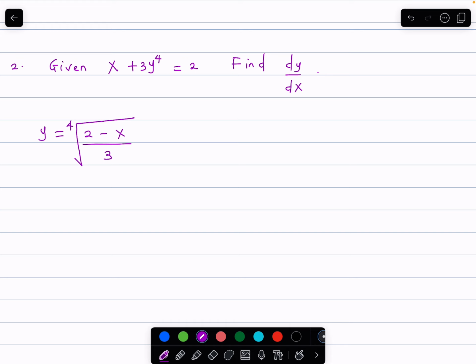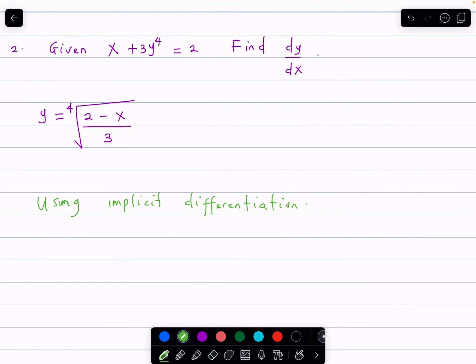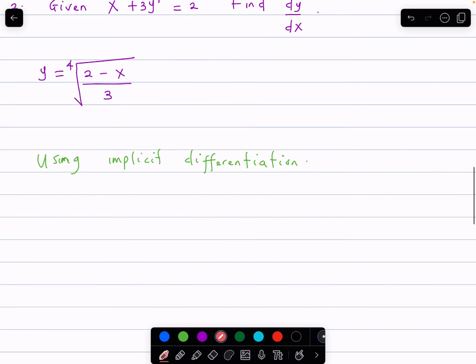But with implicit differentiation, all I have to do, using implicit differentiation, is just write